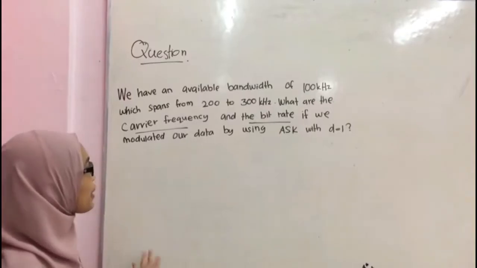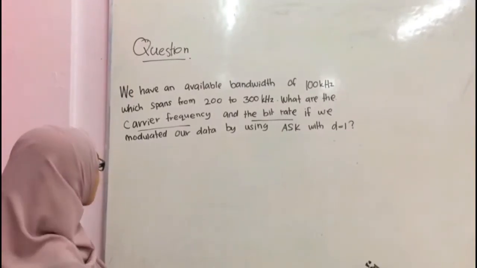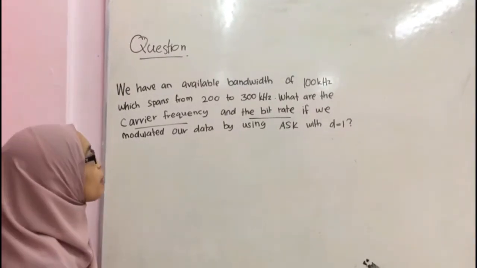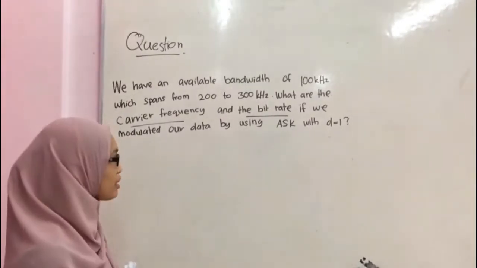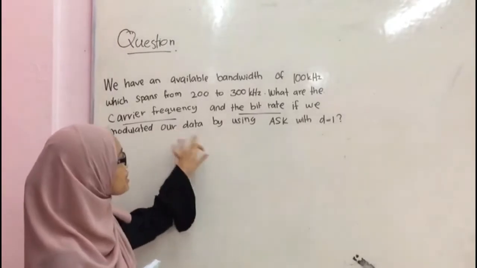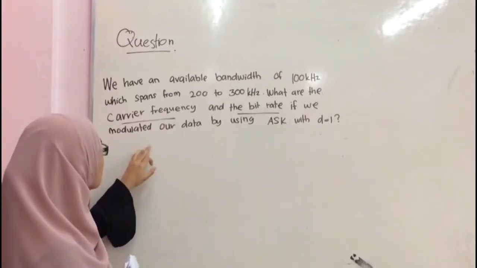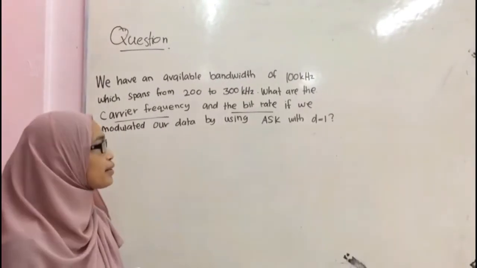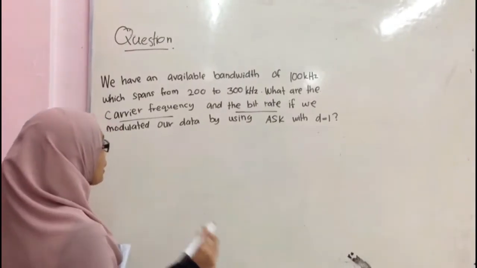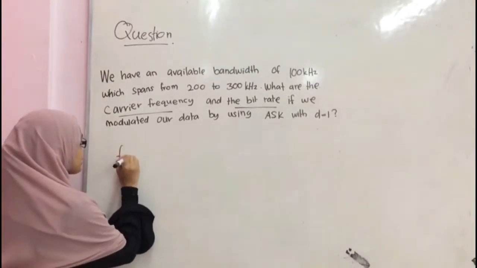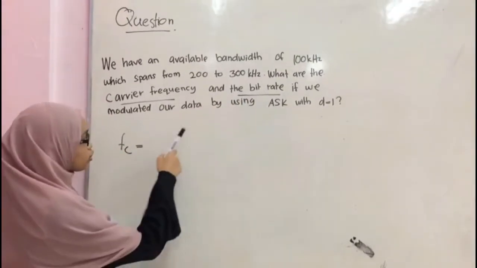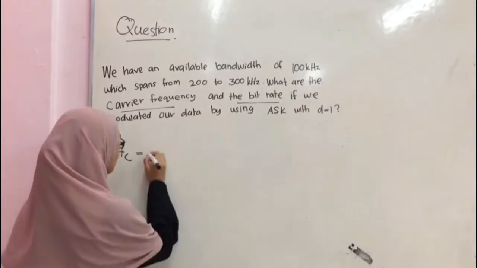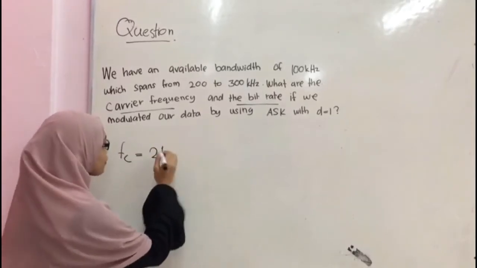Let's do a question about ASK. We have an available bandwidth of 100 kHz which spans from 200 to 300 kHz. What are the carrier frequency and the bit rate if we modulate our data using ASK with d equal to 1? As we know, the carrier frequency is the middle of the bandwidth. So the bandwidth is 200 to 300 kilohertz, so the carrier frequency will be